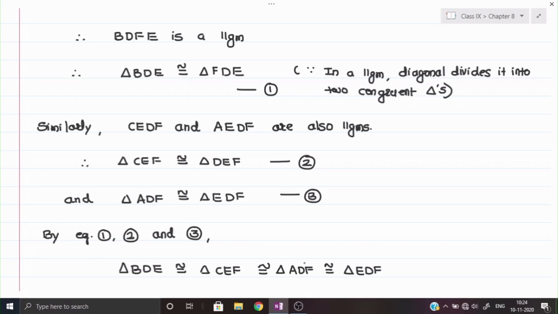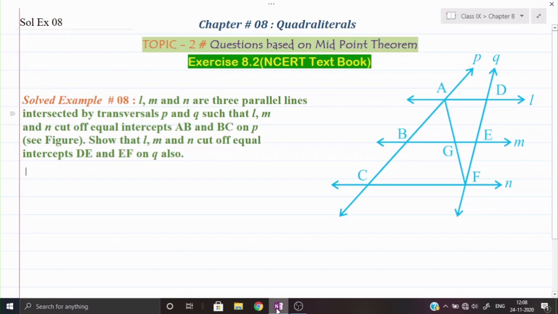Now let us see the next question. Now we are going to solve this last example, that is solved example number 8. This is the last example, and after this our chapter will get over. In this chapter we shall use the converse of midpoint theorem. So once again we can discuss what is exactly a converse of midpoint theorem, and then we'll follow the